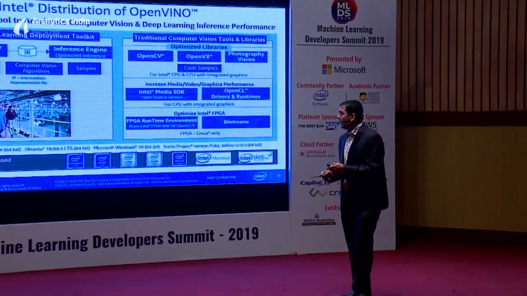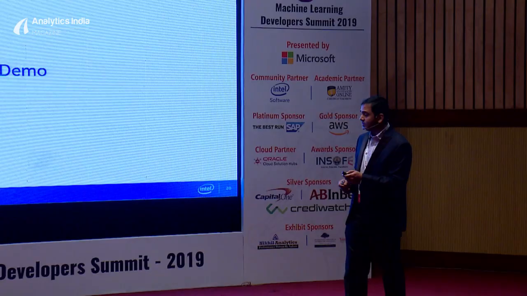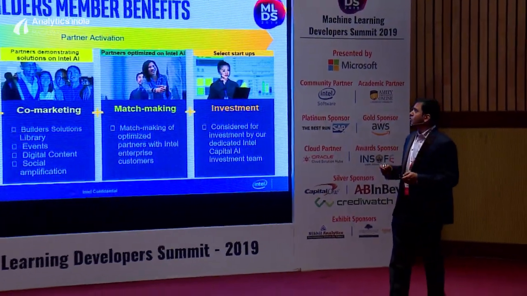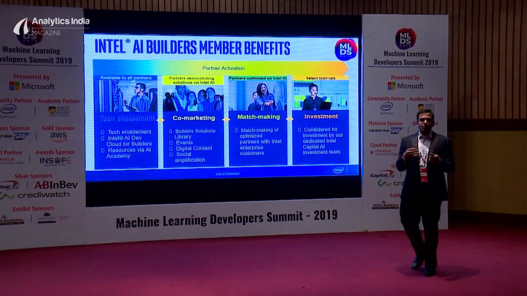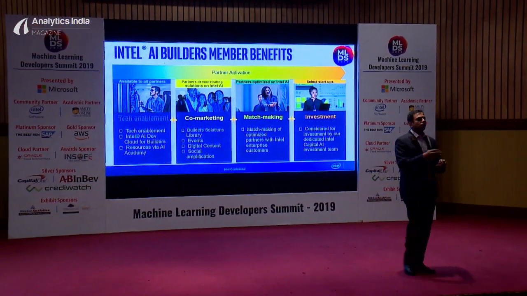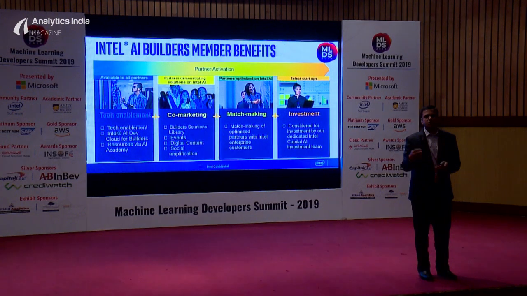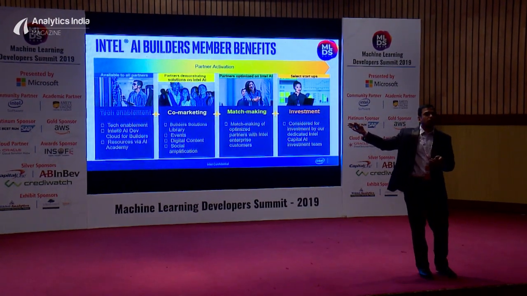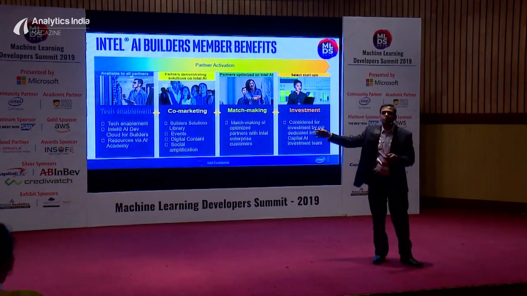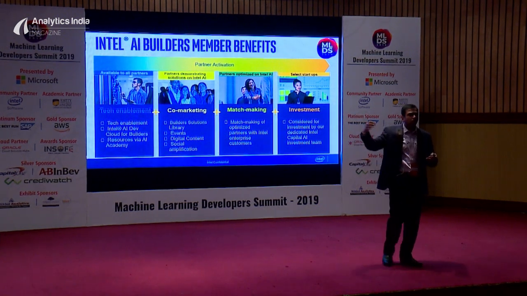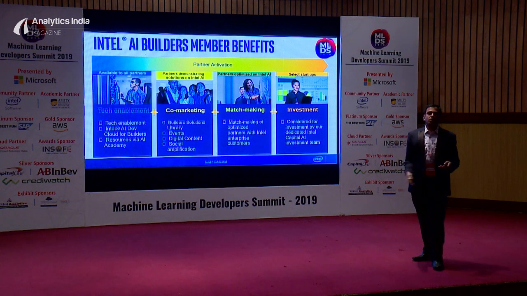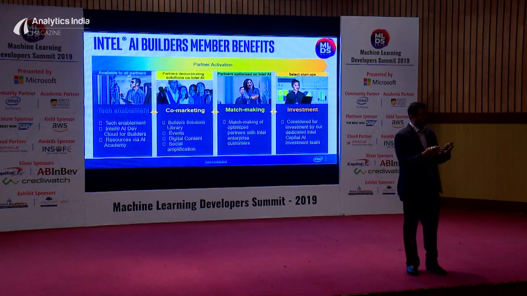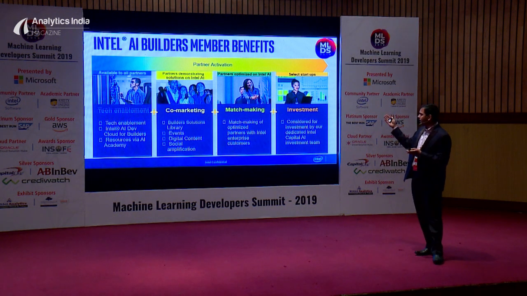Okay. All right, so with that, of course, I will move into the ecosystem. So, of course, we have this AI Builders program, and there are 4 different verticals to it. The tech enablement part of it, of course, has all the documentation and the videos, probably what Mayank just showed you, when he showed you the documentation for the Intel distribution of Python or OpenVINO. It's all out there. This is what helps you get all the technical resources for AI on Intel. And then, of course, we have co-marketing and matchmaking.